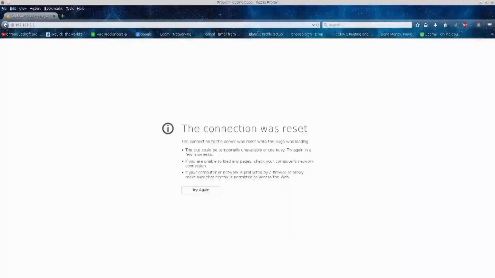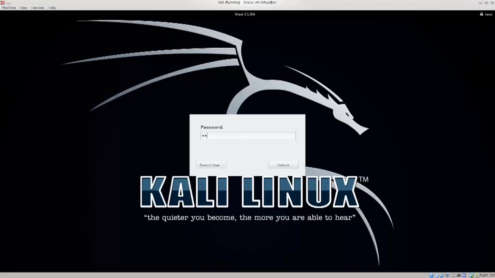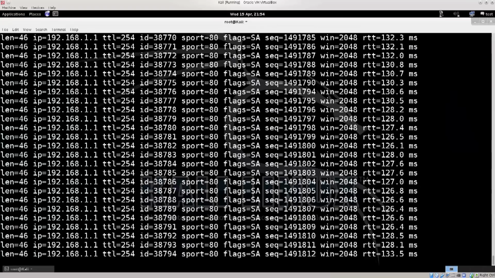So here I am, well, not back in my virtual machine, to my physical machine, but my virtual machine is here. Let me just unlock it. I've allowed it to run for like 15-20 minutes, and I've realized what the problem was, why it didn't actually perform a DOS attack. It did, but take into consideration that this is a virtual machine and its resources are